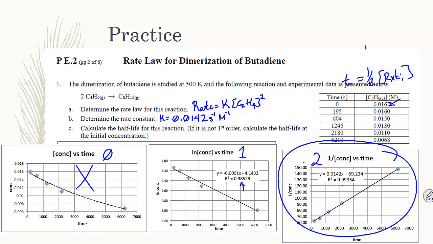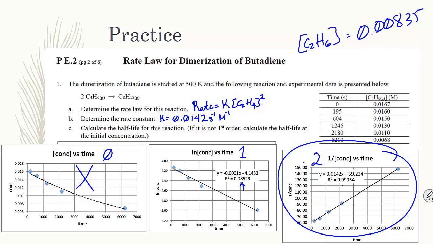So half that initial concentration is 0.00835 molar. So the concentration of butadiene that we're looking for is